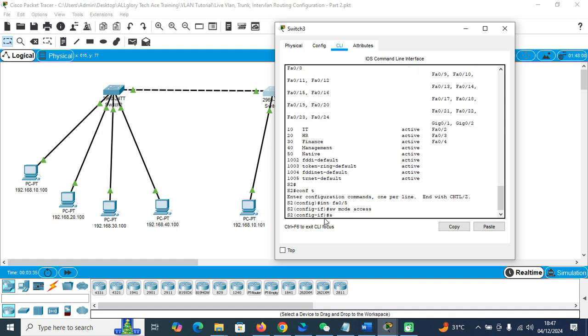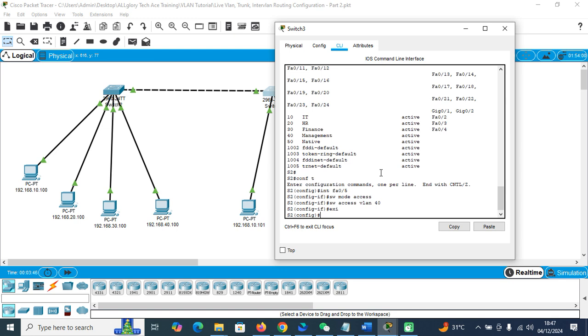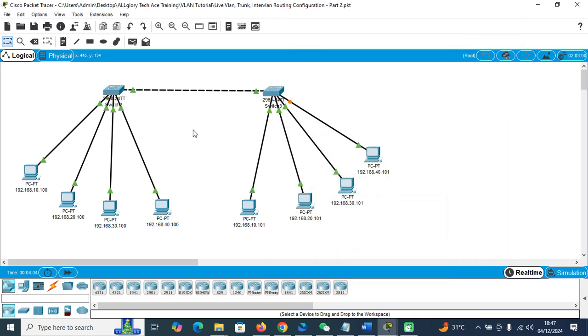Switchport mode access, switchport access VLAN 40. So do show VLAN brief to check. Okay, so we can see that port 5 is assigned to the management VLAN now. Okay, so let's now configure